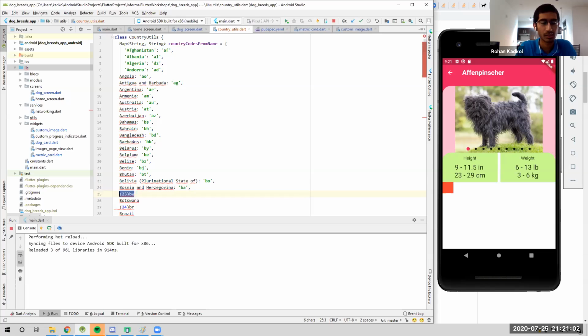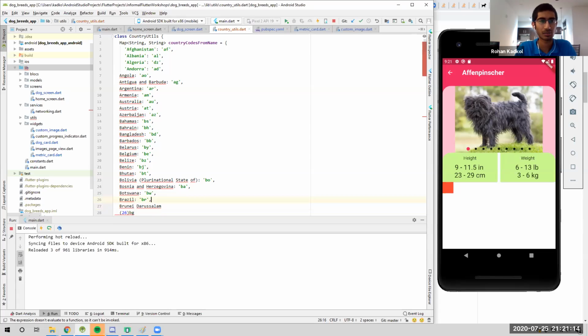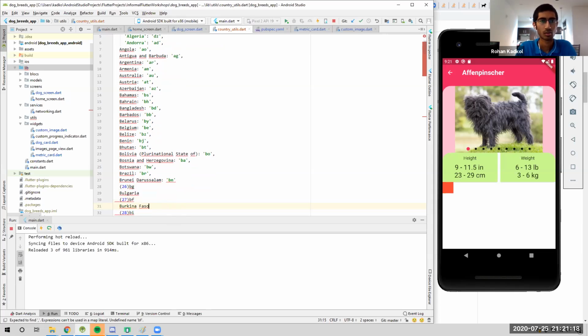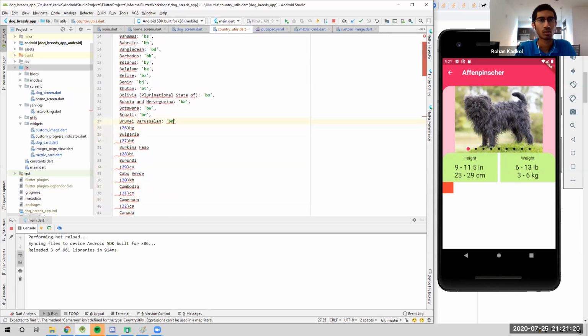BA, BW, let's increase the brightness. BW, next, BR, Brazil, all right, BR, BN, BG, BF,